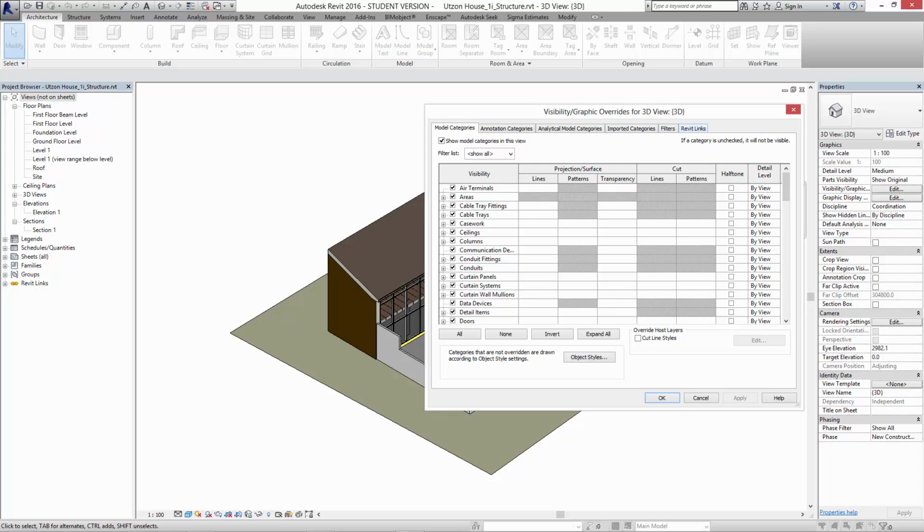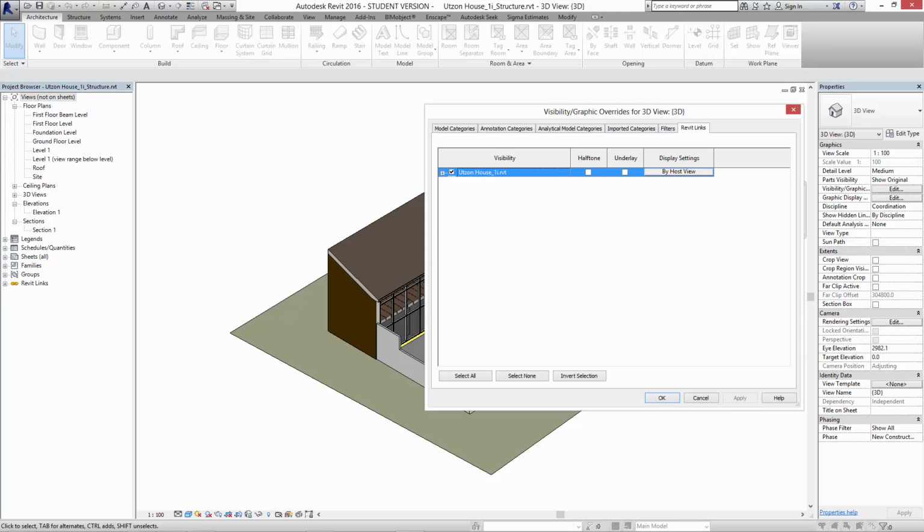You can see that at the top here, you can deal with the Revit links in a separate category to everything else that's in the project. So very quickly, I'm just going to go into the Revit links. I'm going to half tone them, which means they're going to be drawn in gray. And then I'm going to underlay them, which means everything in the link is going to be behind everything that's in the file we're working on. If I apply that,